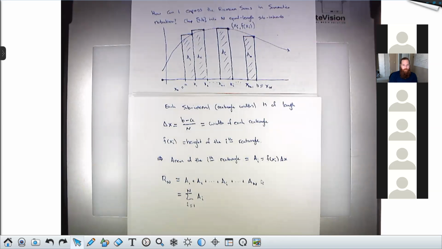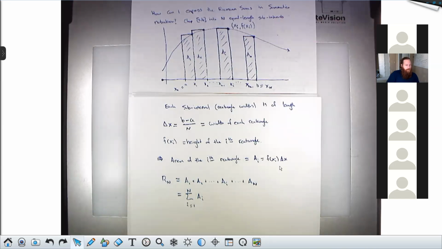This is just rewriting this big addition problem in the summation notation. Because what am I doing here? I'm adding up all of the A's, A1 plus A2 plus A3 plus A4, all the way out until I get to AN. So that's sigma i from 1 to n, Ai. Add up this stuff over this range.